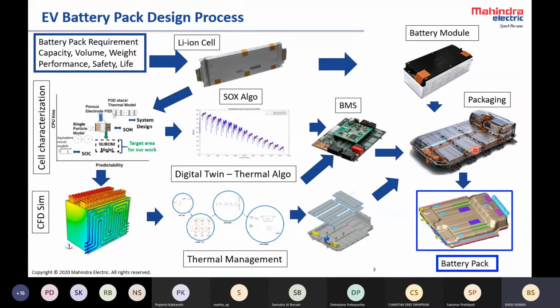Now, these battery packs are not just a device to hold the modules. These are also to provide a certain amount of protection. Two types of protection it has to provide. One is against vibration, but that's a long-term thing. And the second thing is against crash. So if you see these are the brackets with which the battery pack gets mounted onto the vehicle body.